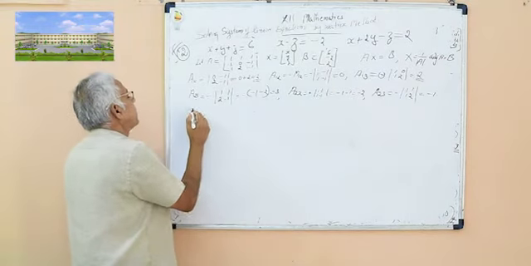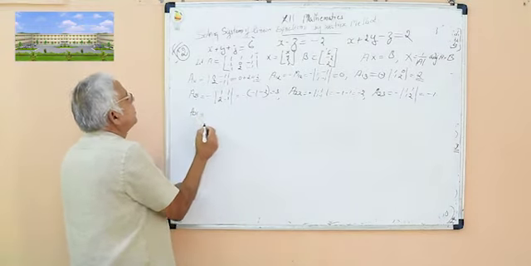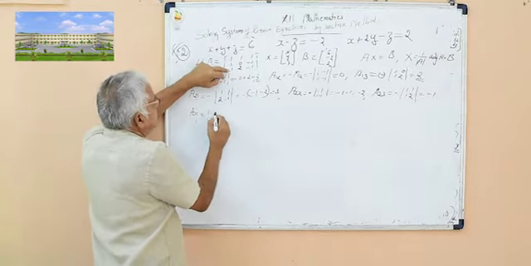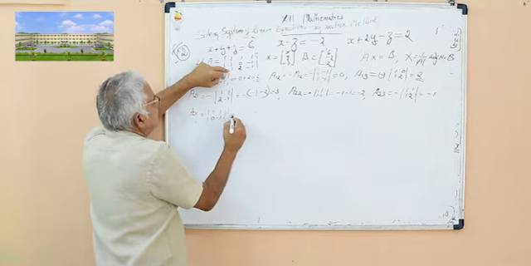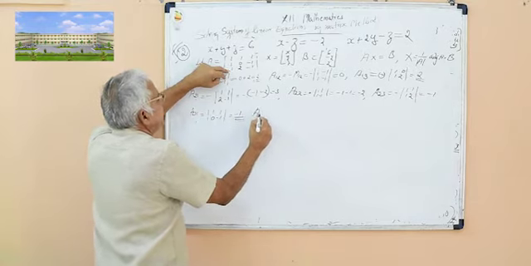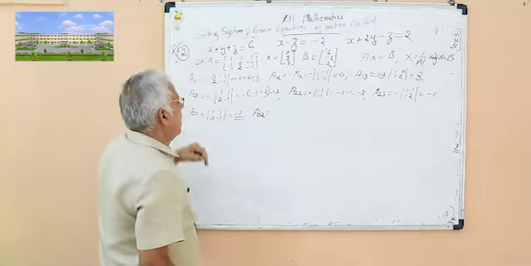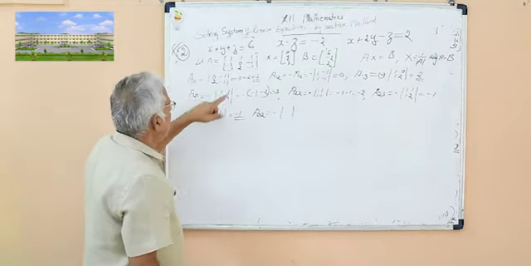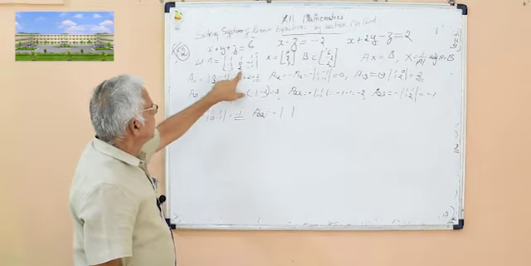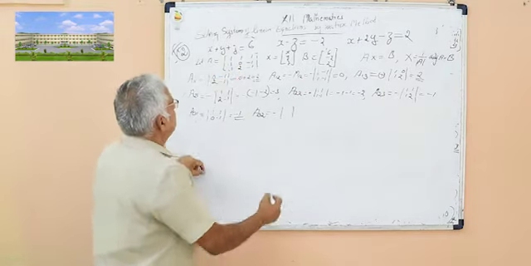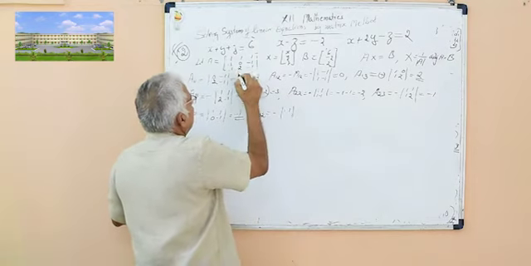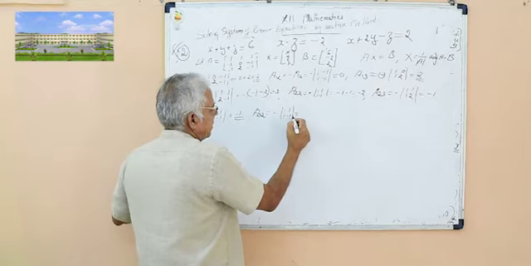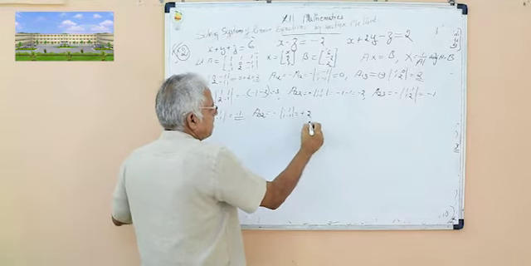Similarly, third row: A31 is positive into the minor; delete the third row and first column: determinant 1, 1, 0, minus 1. Minus 1 is the answer. A32 is equal to negative into the minor of the element 2. Delete the third row and the second column, we get 1, 1, 2, 1. The answer is minus 1 minus 2, so A32 is plus 2.